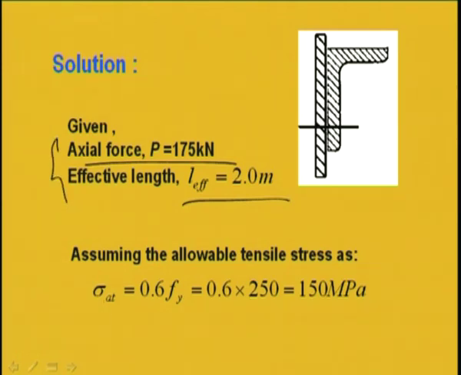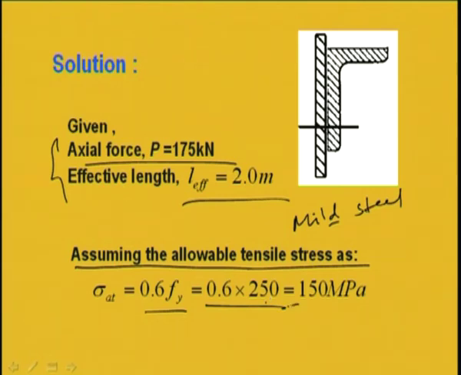And now the type of steel you have to assume, because it is not told. So, if we assume mild steel, then the allowable tensile stress will be 0.6 into Fy, where Fy is 250. So, allowable tensile stress is 150 MPa, and as per the codal provision this will be less, 144, if the thickness becomes more than 20 mm. Let us assume that thickness is not going to become more than 20 mm, which generally does not happen. So, we are taking sigma at as 150.